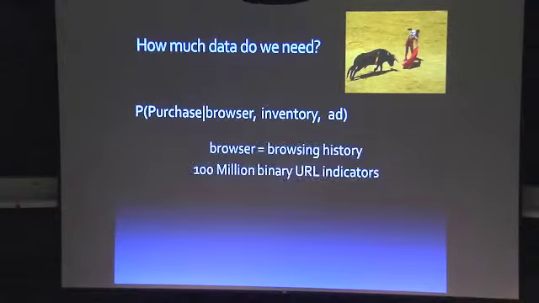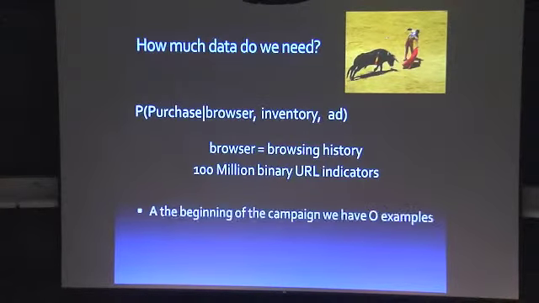Now, if you think about this, how much data do I need? If I have 10 million binary URL indicators, and I'm now pretending to be a statistician, which I'm not, who I vaguely remember told me that N over P should be at least 10, I'm in trouble, because I need an order of magnitude more than 100 million examples. And by the way, it's not the examples that I need, because I need to classify things. First of all, at the beginning of the campaign, I have exactly 0 examples, because I haven't shown any ad yet for that product. So I have absolutely nothing. I have plenty of people, but that sample, I have nothing.